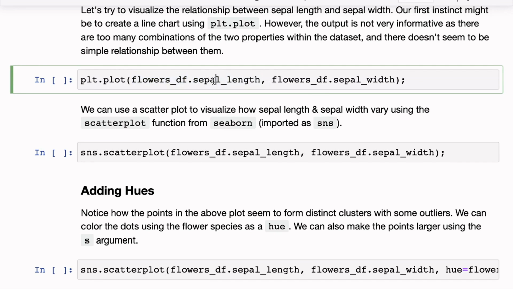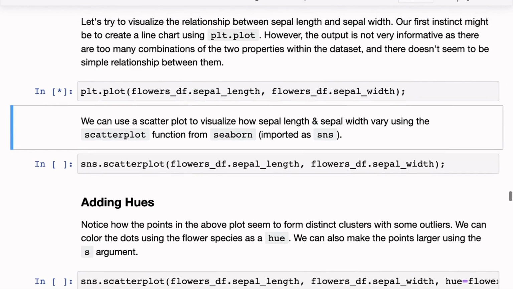So here we say flowers_df.sepal_length and flowers_df.sepal_width. This is a column from the data frame, which is a pandas Series object. That is similar to a list in the sense that it can be iterated over. So matplotlib can automatically work with anything that looks like a list. A numpy array will do, a pandas series will do, and so on.